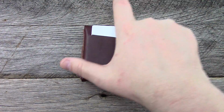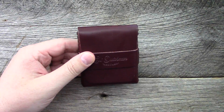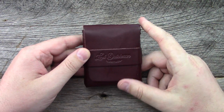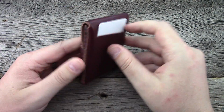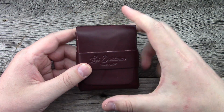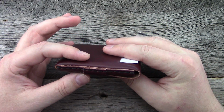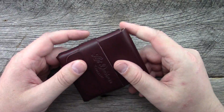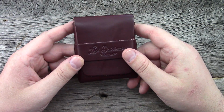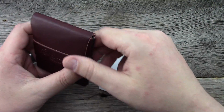Alright, so let's look at this one in terms of specs here. There's quite a few different leather colors you can choose and thread colors you can choose, but the Big Fin here does hold 12 cards. It is 4 inches by 3.125 inches and pretty much fully filled here, about maybe half an inch thick. It can hold up to 12 cards in it plus cash, so right now I have one slot in the back,